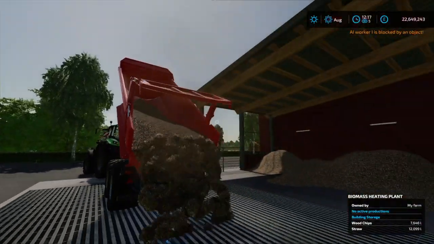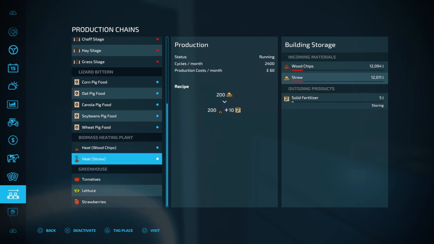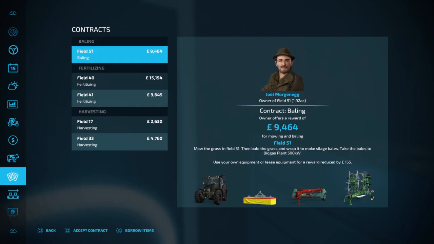Now I will just go down to here and open it up from here. So this production should produce solid fertilizers, 100 litres of wood chips in and 200 litres of straw in. So you get 200 litres of heat, is it? Yeah, 200 litres of heat and 10 litres of straw to produce solid fertilizer. No, solid fertilizer. Now I'm guessing the heat automatically sells,